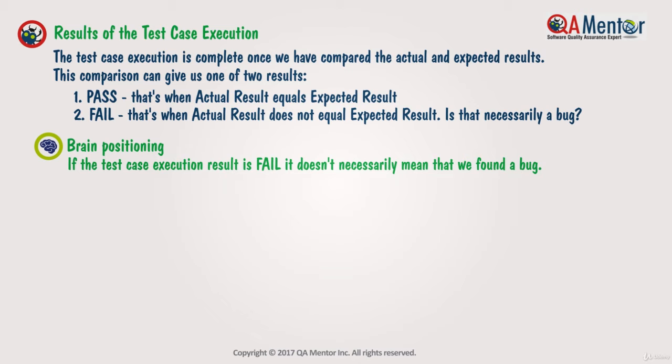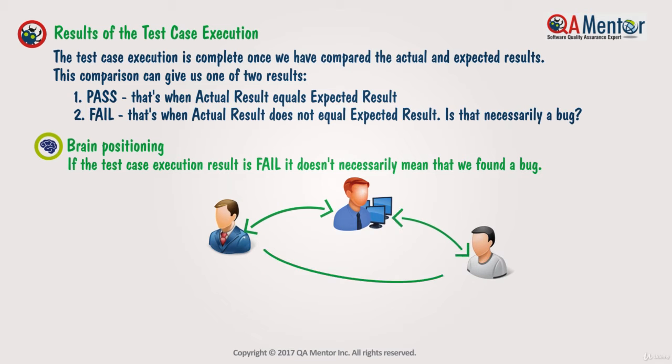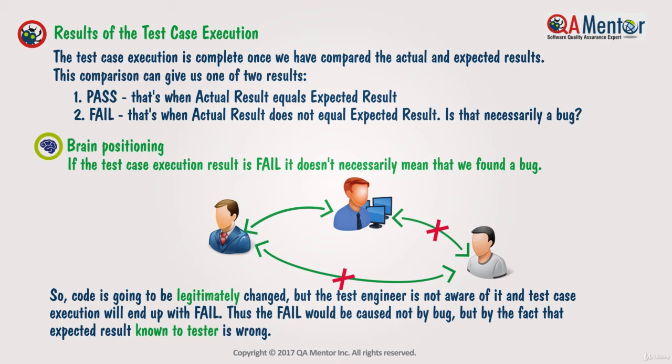bug. Here is a typical startup situation. Product manager communicated certain change with programmer, but none of them communicated that change with test engineer. So code is going to be legitimately changed, but the test engineer is not aware of it, and test case execution will end up with a fail. Thus, the fail would be caused not by a bug, but by the fact that the expected result known to